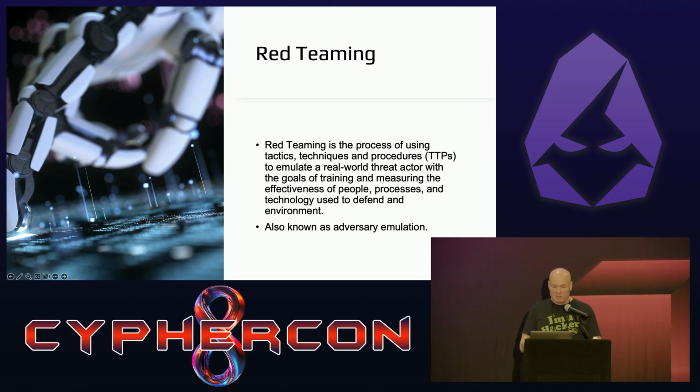And so red teaming, this one is, you're actually trying to emulate a threat actor using TTPs to emulate real world threat actors. With a pen test, you're trying to find all the exploitable vulnerabilities and exploit them. But with a red team operation, you're trying to find a single way in. You're leveraging more social engineering, sending phishing emails to try to get that foothold, and you're having to go undetected.